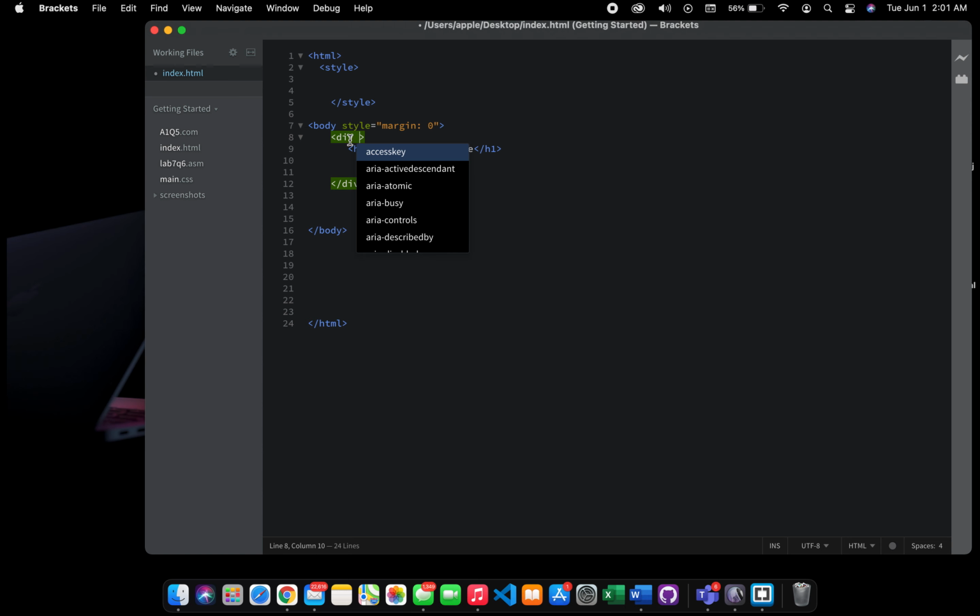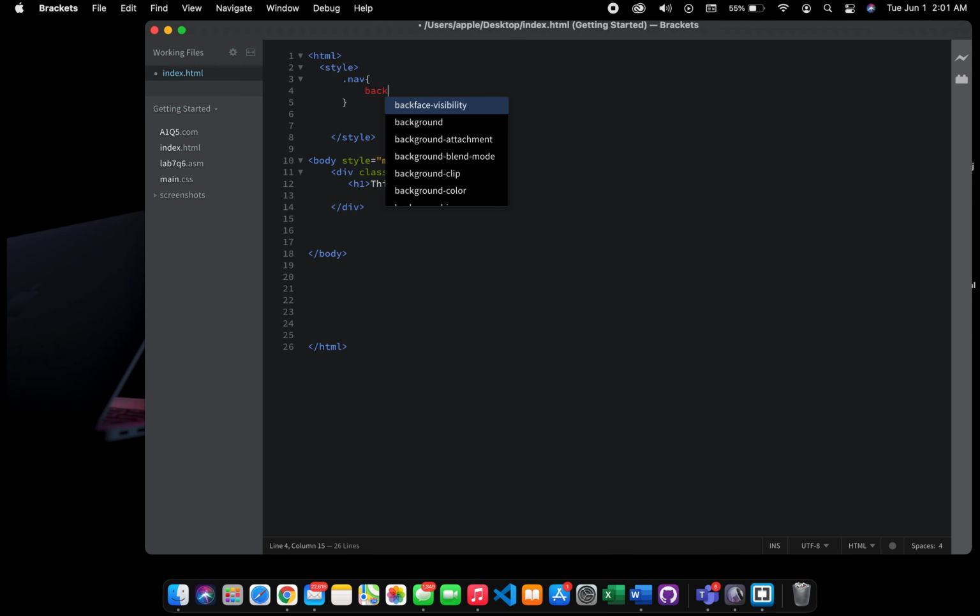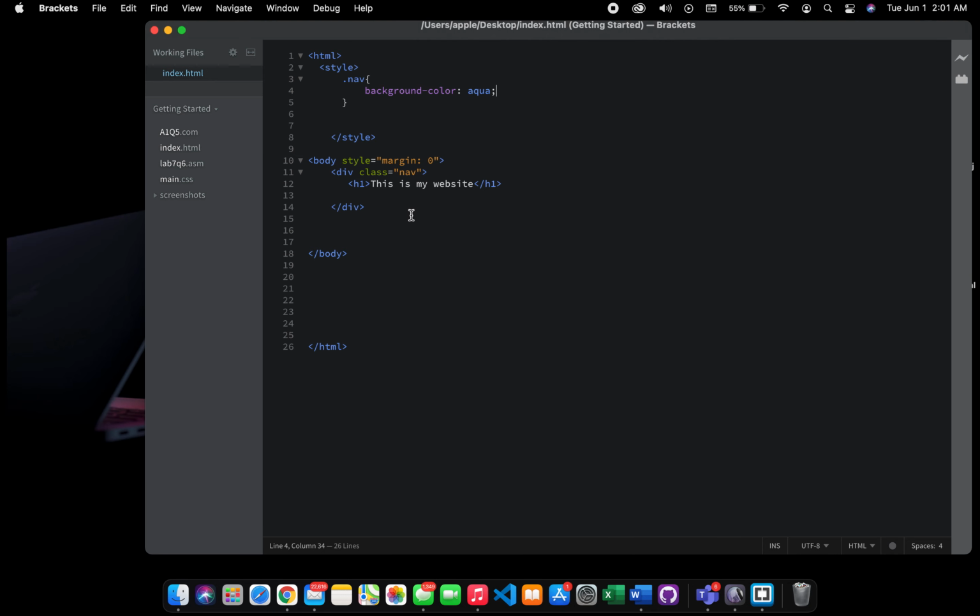So I have a div here. Now I want to give it a class, so I can give it in the opening tag class. Let's give it a name. For example, I have given it a class name nav. Now I can access this nav class, basically this div here, in this style tag, basically in the style sheet. Now I can just style this class here. For example, let's give it a background color of aqua and let's reload it. You will see I have a background color of aqua here,